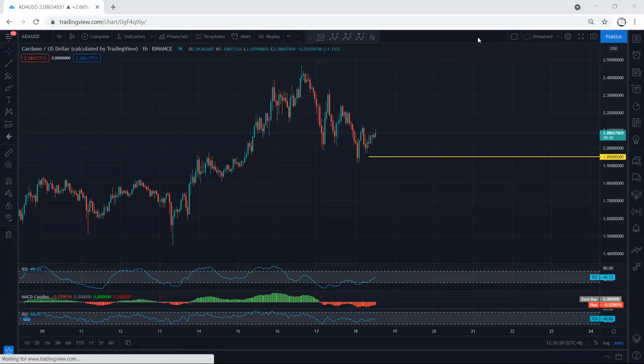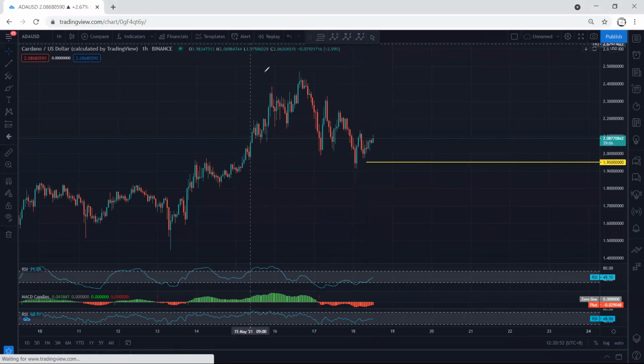ADA, we start with the 1 hour chart. First of all, if we refer to our analysis, after we get this down move, we mentioned if we get any reversal, we can look for buy. But besides that, I mentioned let the price correct. Even when there was a reversal, we mentioned we can mostly expect the price to correct and drop.